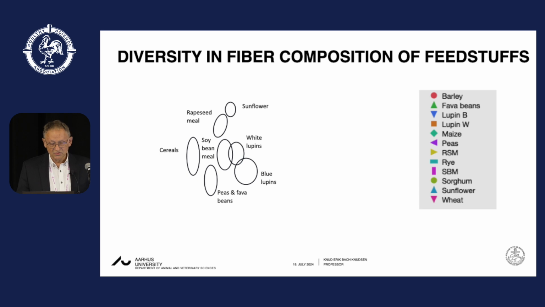Whereas the cereals are all situated over here, with higher levels of xylose and arabinose and some of the soluble glucose, representing the arabinoxylans and the beta-glucans. There is also a segregation on the y-axis here because of the cellulose and lignin content, which are higher with the sunflower and rapeseed meals as compared to the soybean meals and also the peas and fava beans. And you can also see for the cereals, the same goes here, with lower levels with regard to maize and sorghum,